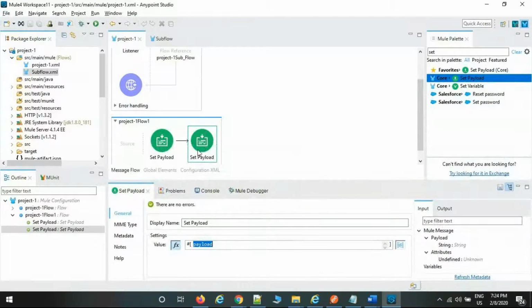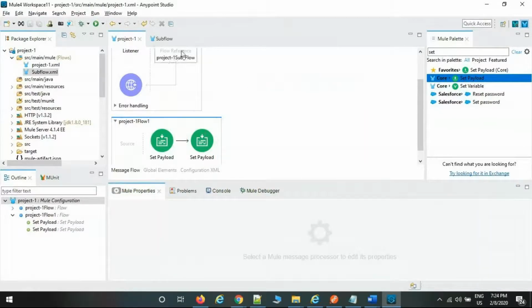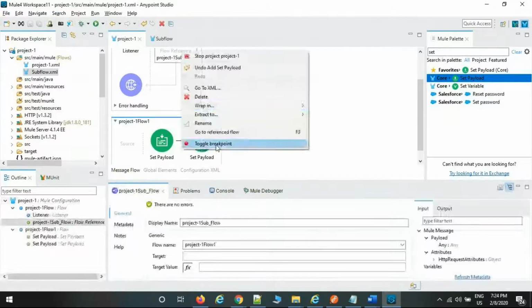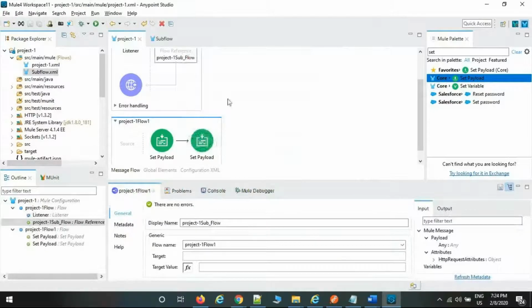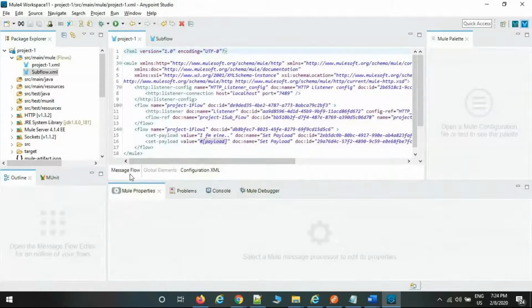Automatically populated here. If you want to know, just stop the flow, run as debug mode, put the breakpoint. This is the one. Run as debug mode.